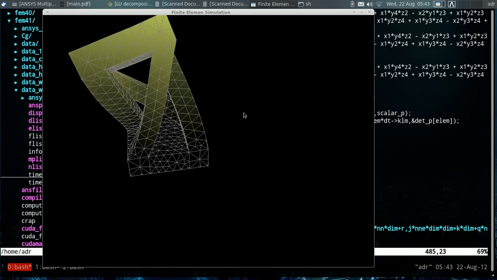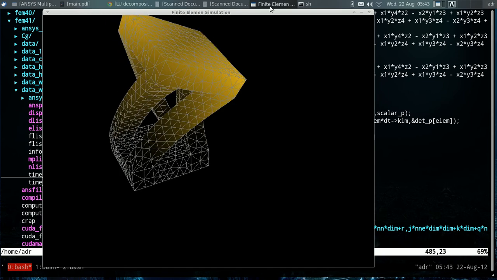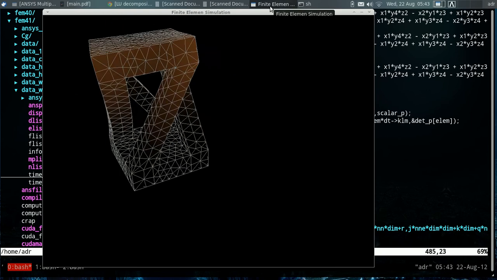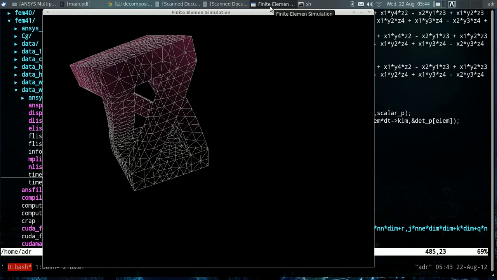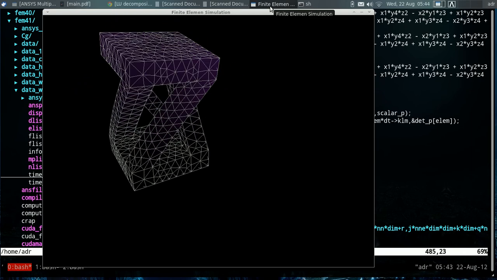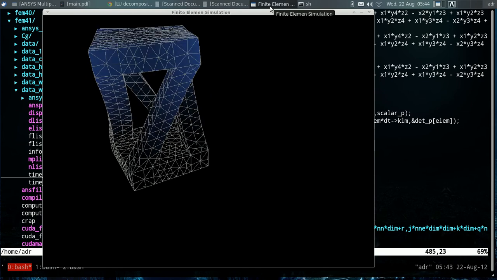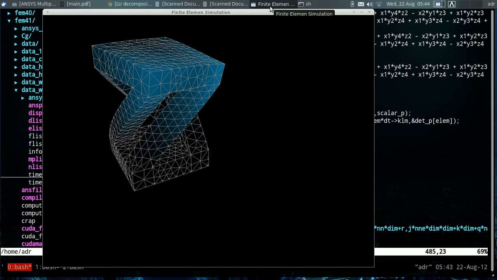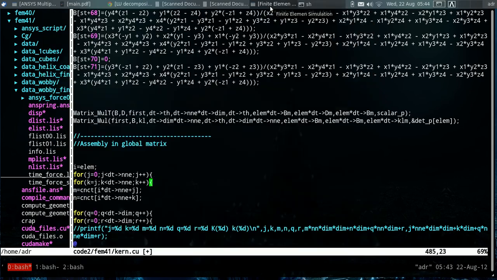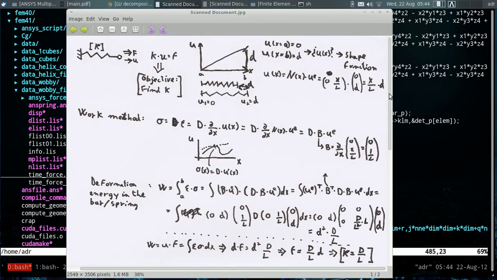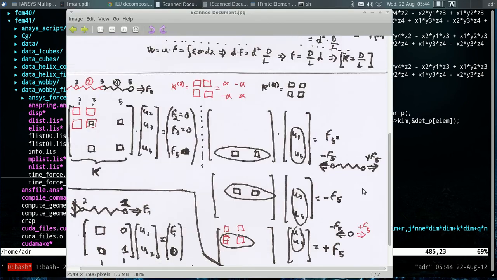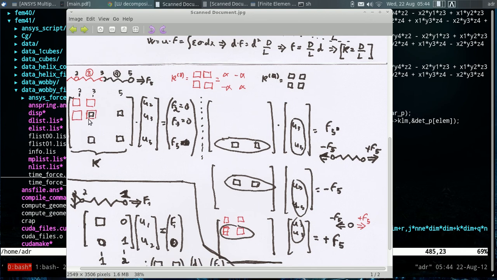So what I basically do is build all the elements' local stiffness matrices at the same time and assemble them in the global K matrix. But as you can see, if we've got any particular location where